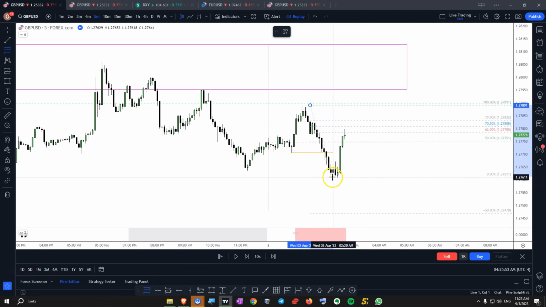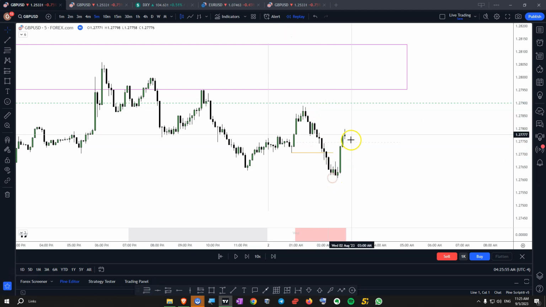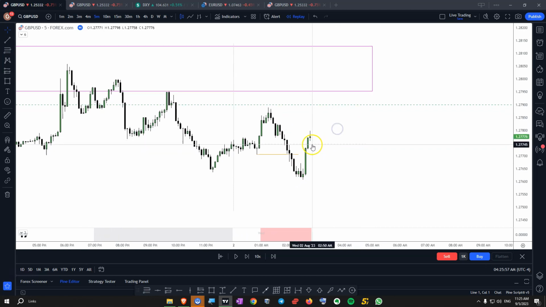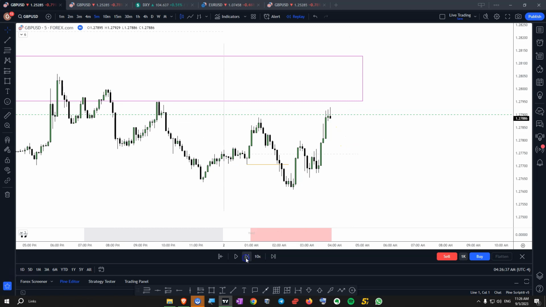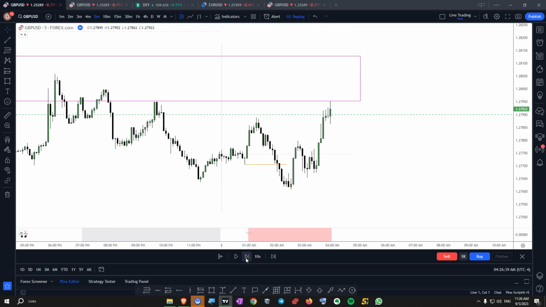So if I measure that, what's 50%? It's around here. It's above the opening price, which is what I also look at: to sell above the opening price, as I buy below it. And we see that the price action actually goes up to take out some highs. And the question is, which high is it going to take out and stop at before it would definitely sell off and go down? And I can say that it would be okay to take out this high and this one here,